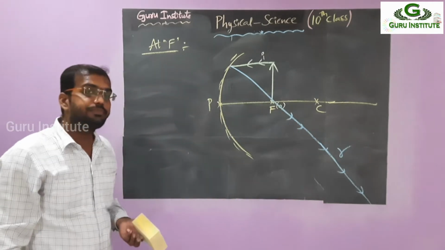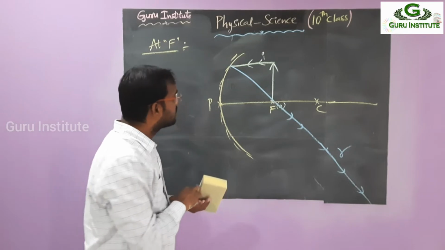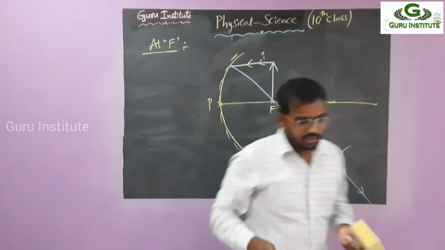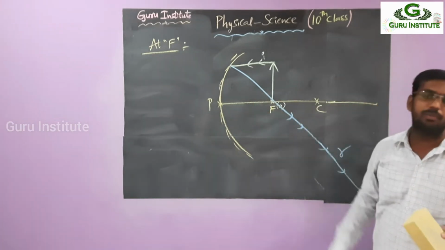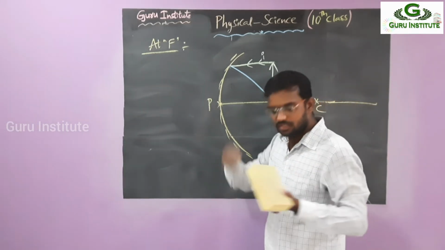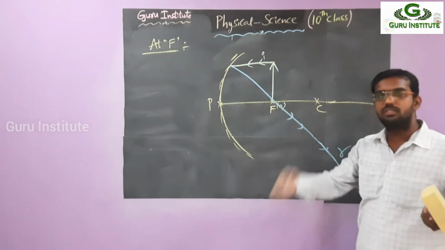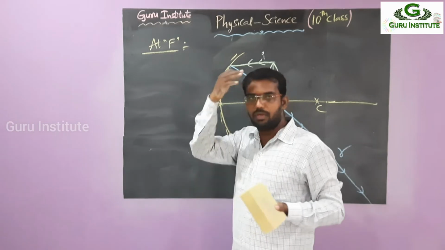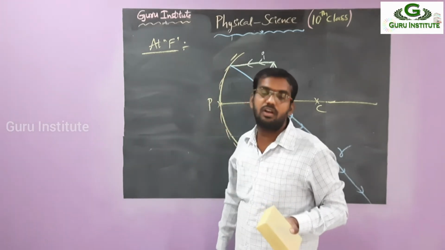Then what is the second one? Passing through focus. Passing through focus means how can I draw? Up to now the object was beyond the focus, so we have to pass the ray here, here, here. We have to move from the focus. But now the object is on the focus. Suppose I am the object. Up to now I was here, so there is a focus and the ray is moving like this. But now I am at the focus. That means at the bottom, where the focus is, how can we draw the line? So we can't draw the line.